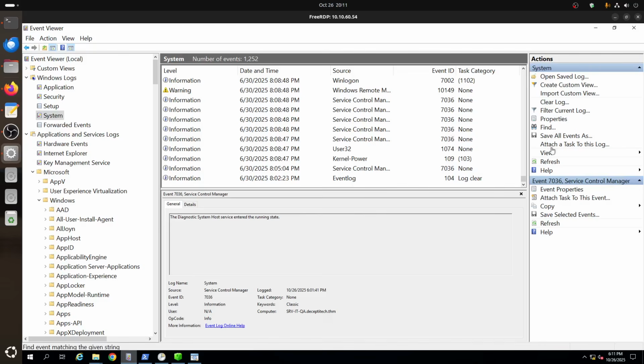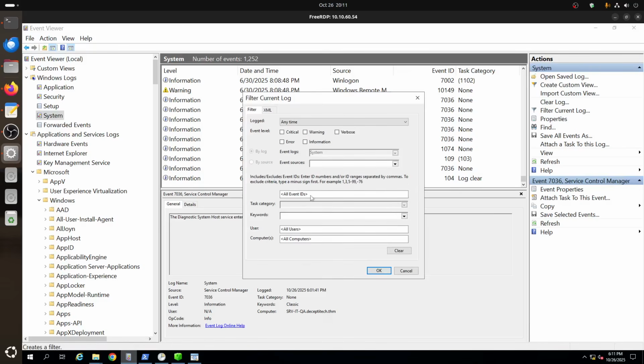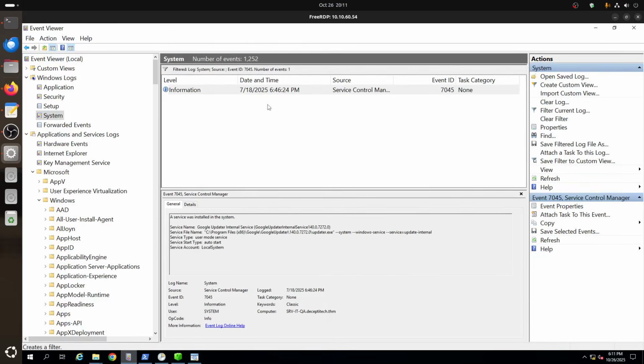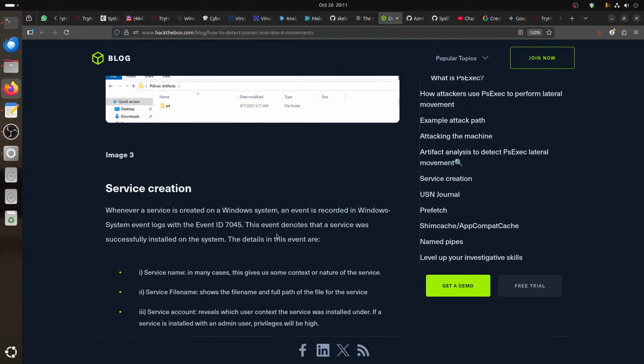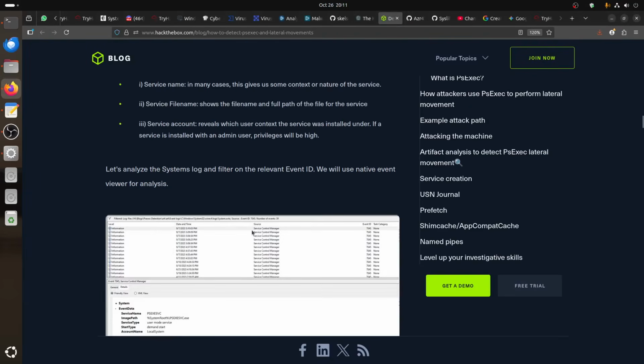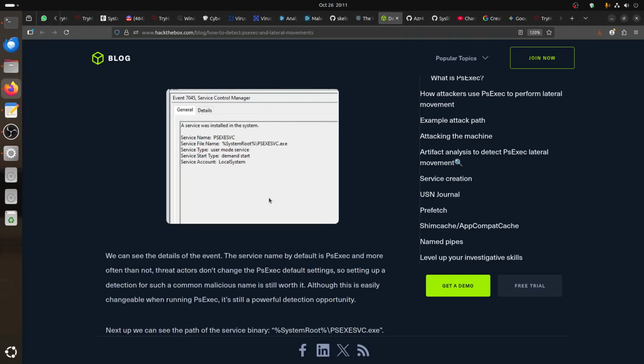7045. If we do filter 7045, 21 in 18 July, service control manager. That's not ours, it's a Google update. So a clear filter. PsExec is supposed to have a service log, an event ID, and if you look at the event details, it's supposed to show you that it was created in